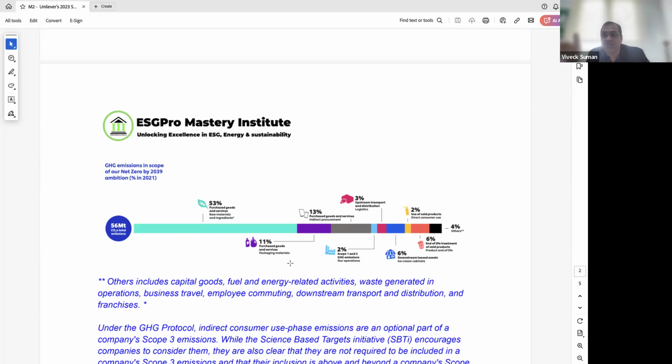Then you have 2% from use of sold product, which is the plastic of that shampoo bottle, or the wrapper of the soap, or the plastic container of the Surf, which you have. That accounts for how much? 2%. See the 6%, that is the area of concern. People realize that heating is one of the major axes there: the heating of water with which the customer utilizes it. The use, right? That's 6%. You compare that, it is equivalent to their warehouse carbon emission.